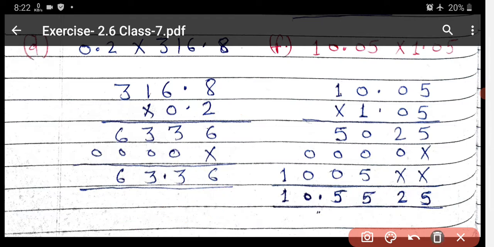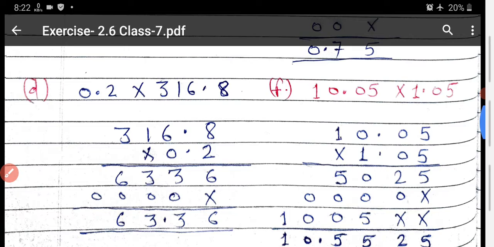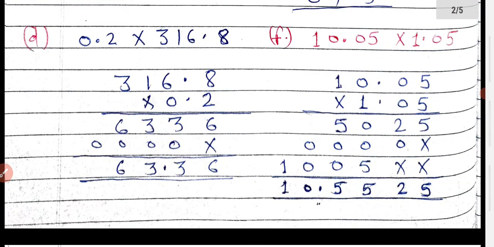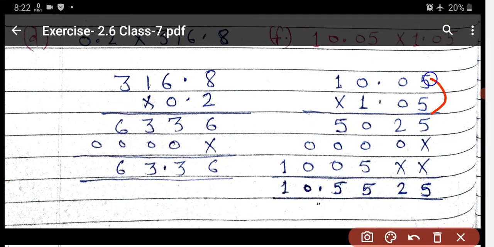Okay, now come on to part F. All of you know how to multiply now, because you are class 7 students, you know how to multiply. You have to study all these things in class 3rd, 4th and 5th. Now just see here, you have to multiply 1005 by 105. So don't bother about the decimal. First do normal multiplication. Multiply 5 fives are 25, 5 carry 2, 5 zeros are 0, then plus 2, then 5 0 0, 5 ones are 5.